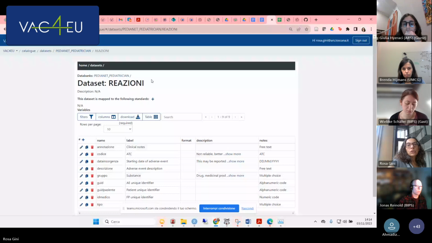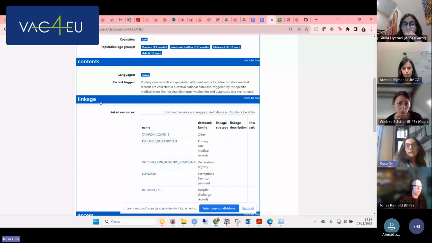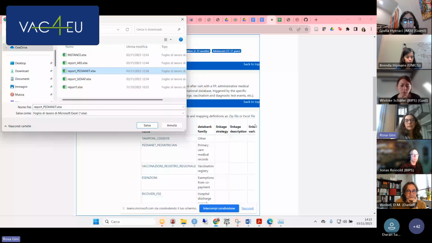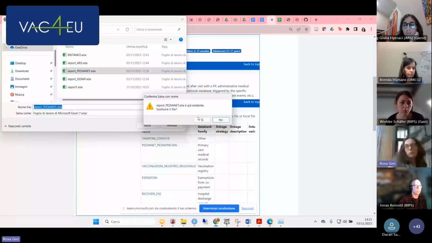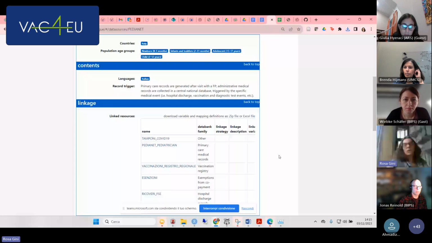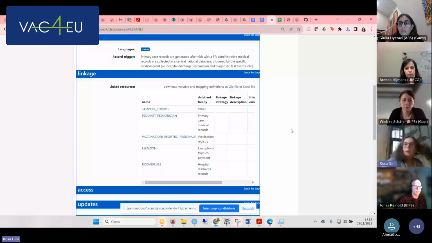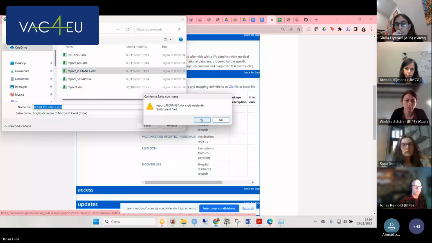But what is new now, including their ETL? What is new now is that when you enter a data source, I have clicked this button here, and I was offered to download a report that I can now download. Well, I had downloaded already, but so we are in the data source, in this case PediaNet, which is one of the data sources that has completed the quality check. I can click here, and I am offered to download a report. Okay, I can access it,